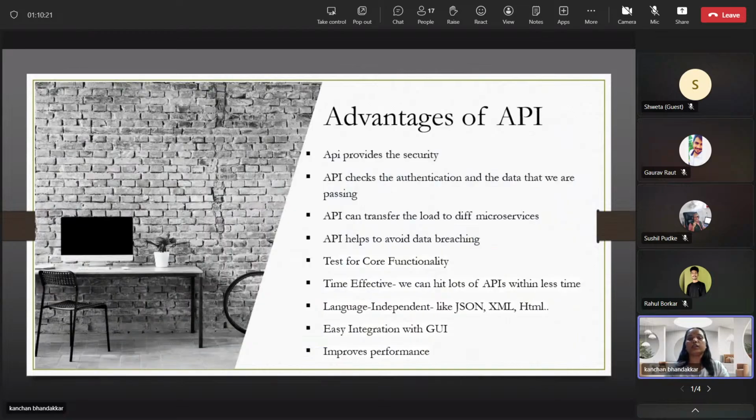So now we see what the advantages of API are. API provides security, and it can transfer the load to different microservices. It also checks the authentication and the data that we are passing. It also checks the core functionality of the application,